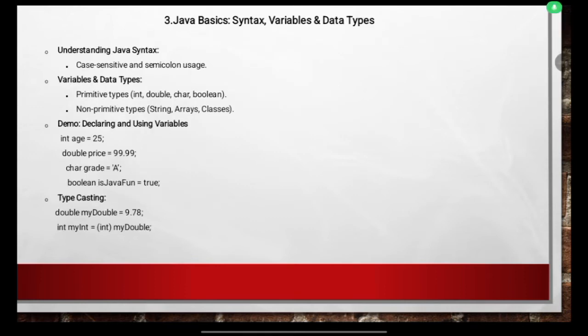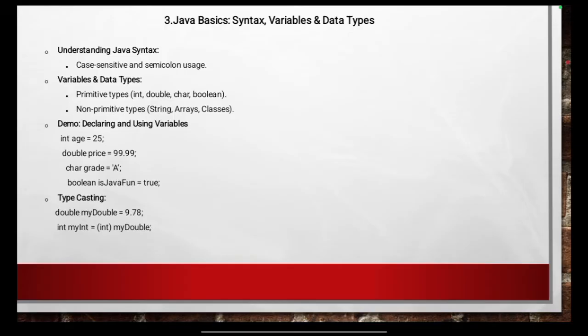So here in this particular slide, we will be discussing Java basics, syntax, variables and data types. First of all, we need to go through the slide carefully. Understanding Java syntax, case sensitivity and semicolon usage, variables and data types, primitive data types: int, double, char, boolean, non-primitive types: string, arrays, classes. Demo: declaring and using variables, int age = 25, double price = 99.99,